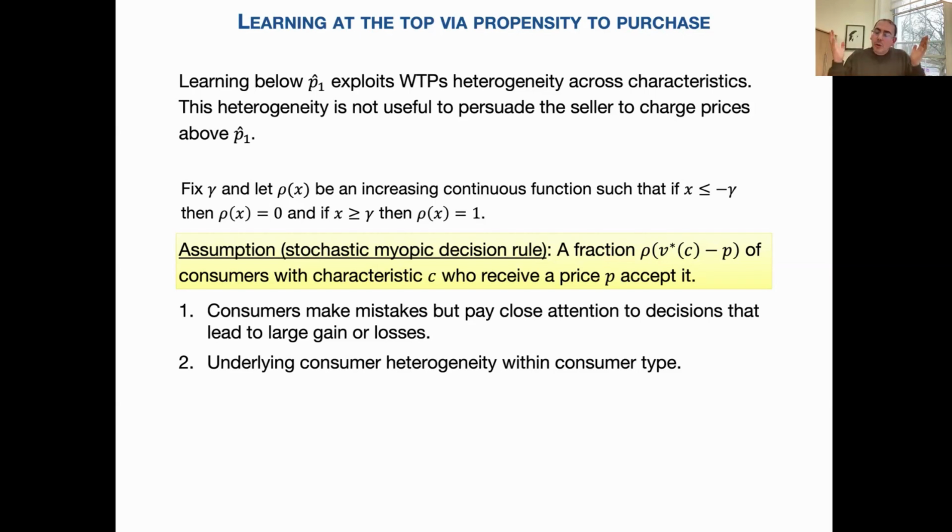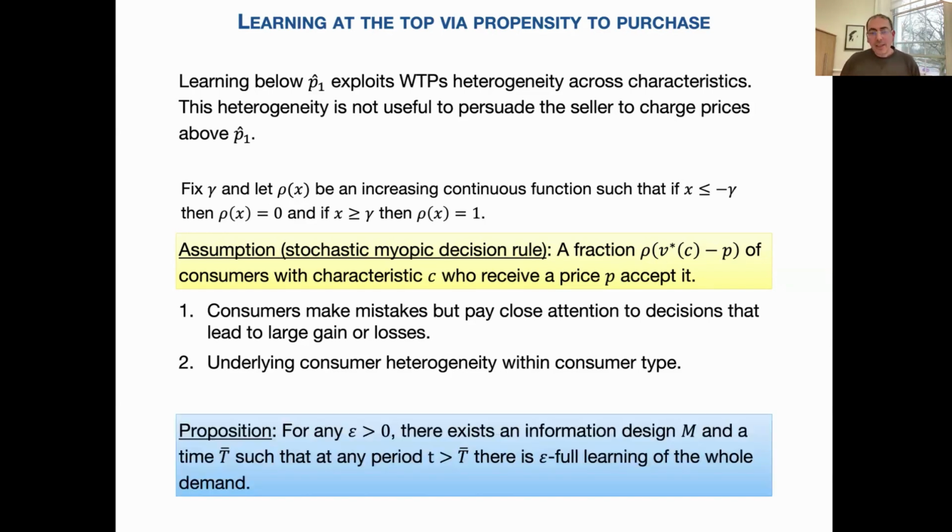Now, whenever you charge this price and you look at the consumer with characteristic C, then either everybody with characteristic C buys, that means that their value is quite higher than the price that I've charged. Or I see that nobody buys, so I know that their value is quite below the price, or I see that a proportion of those consumers buy. Okay, so now the price creates a little bit more information because there is also a dimension of quantity.